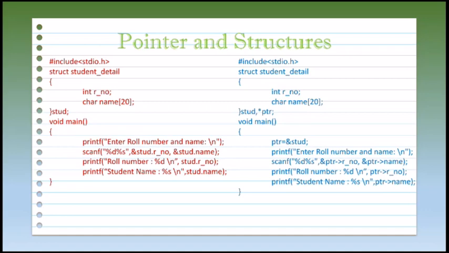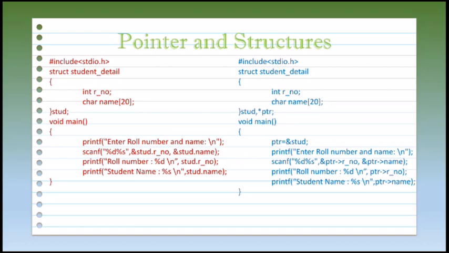Next, in the normal structure variable we directly enter the values, that is roll number and student name, whereas with the pointer variable, first we save the address of stud into ptr.